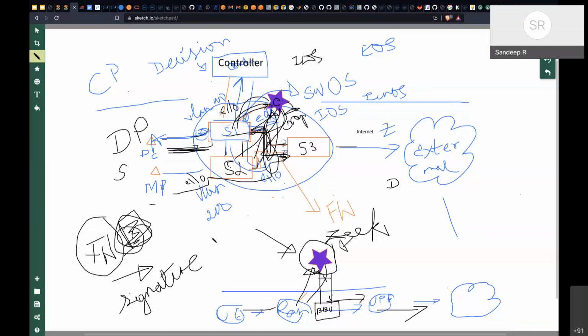Now, of course, everything has become too smart. There is something called AI, ML, everything has AI, ML nowadays. There are equally good AI, ML firewalls coming, which can do threat detection. So it's a much more sophisticated system nowadays. A lot more deep learning, machine learning, and supervised learning algorithms go into firewall making, which makes it a little more sophisticated. Now it's up to the configuration of the firewall to say what it will do.